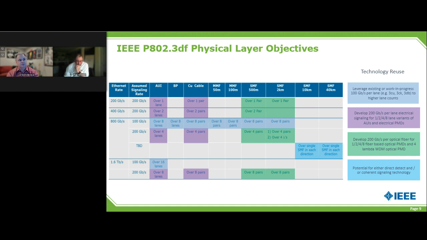Okay. All right, so you've got a tremendous amount of flexibility with all these individual interfaces. Let's pick one column in the chart and drill down on the benefits of the 1, 2, 4, 8 pair approach for, let's say, the 500 meter single mode fiber column. Okay, so I'm going to be a little bit more specific and focus in on the 200 gig aspects of that, because that's really where it becomes applicable. But let me make a point here.